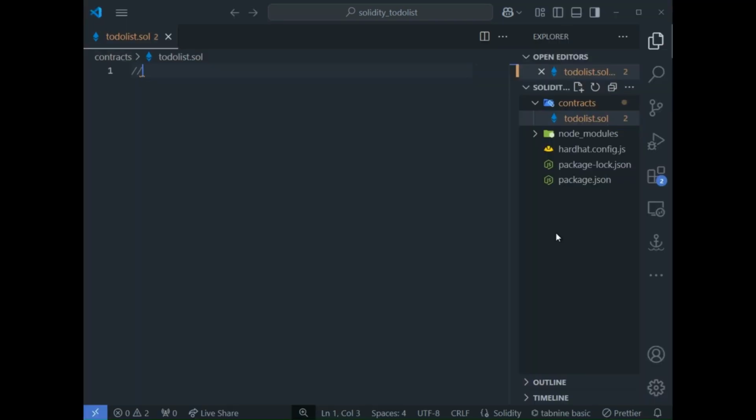You write SPDX-License-Identifier: MIT. Now what we just wrote here is we just declared the license for this code, and MIT means it's open source, so anybody that has access to the code can make use of it. That's what it means. Then the next thing we have to write